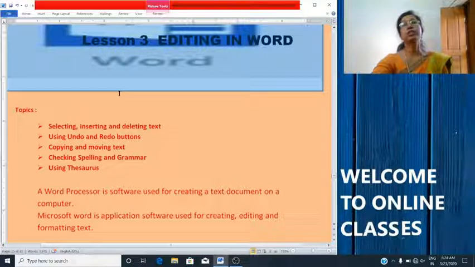Modify the text. In Word, we can modify the text while typing and after typing. You can use color, borders, styles, shading and various other effects.